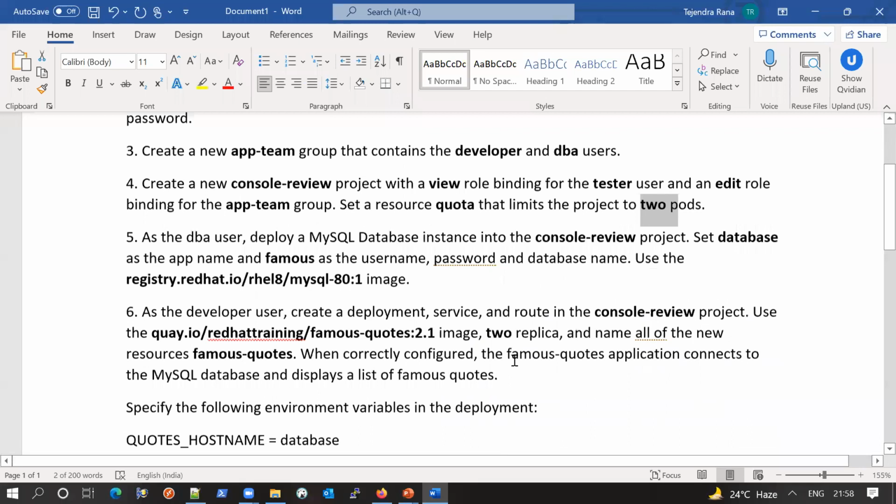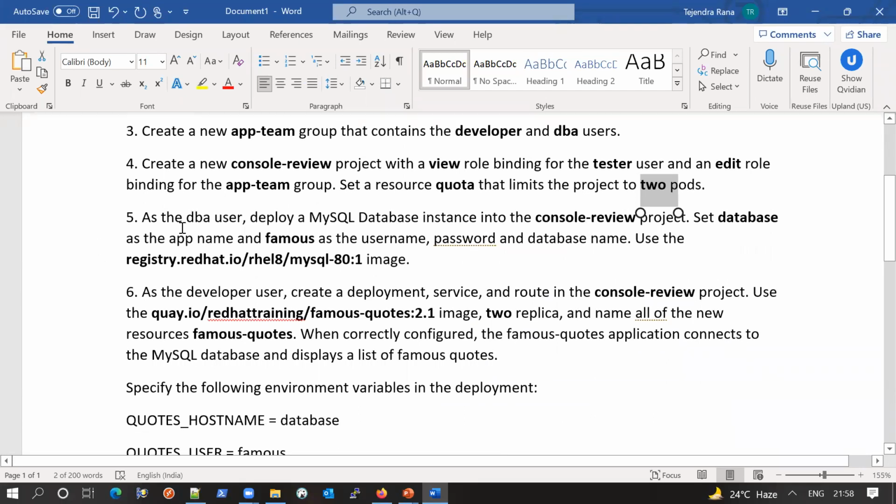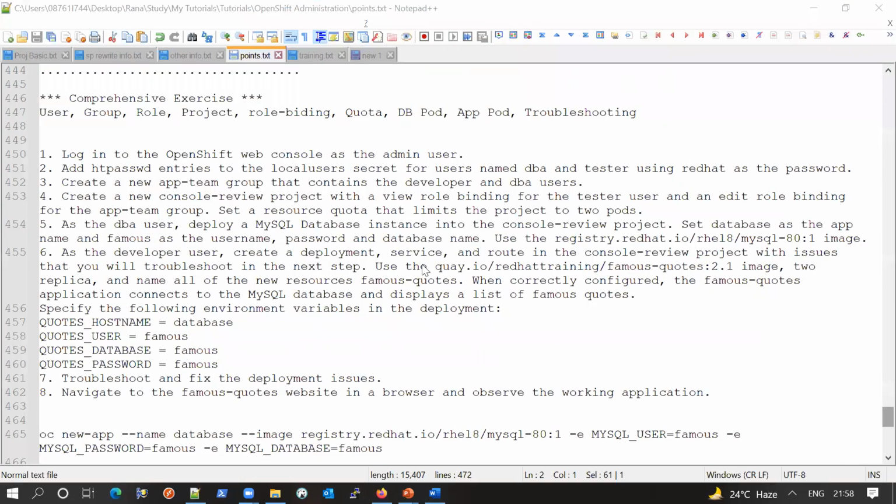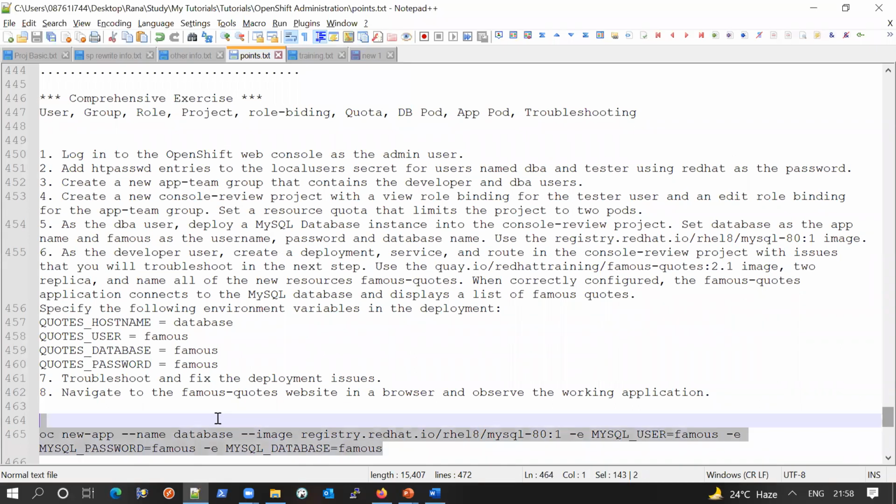Now let's move on as the DBA user. Now we have to log in as the DBA user and deploy the MySQL database instance into this project, and then set database as the app name. So the application name would be database, and then we have to set famous as the database username, database password, and the database name. This is the image we will use to get the database. I have copied this command here to save our time. So let me copy this command,